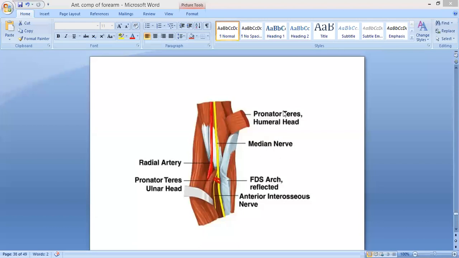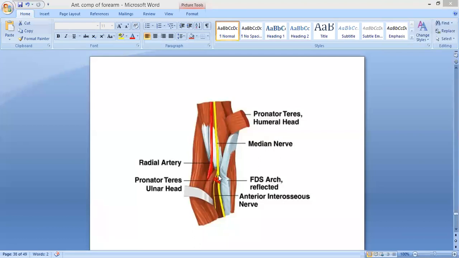Median nerve, it is just going to enter the forearm by passing between the two heads of the pronator teres, the humeral head and the ulnar head, right? So here you can see the pronator teres, the humeral head, we have just removed it from here, and you can see the ulnar head of the pronator teres over here, right? So it is just going to leave the cubital fossa by passing between the two heads of the pronator teres